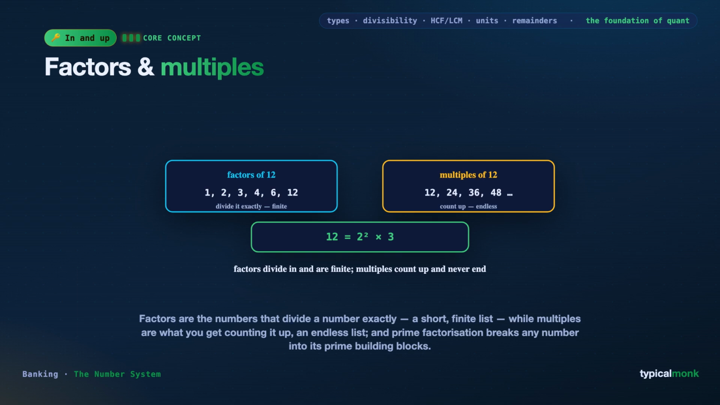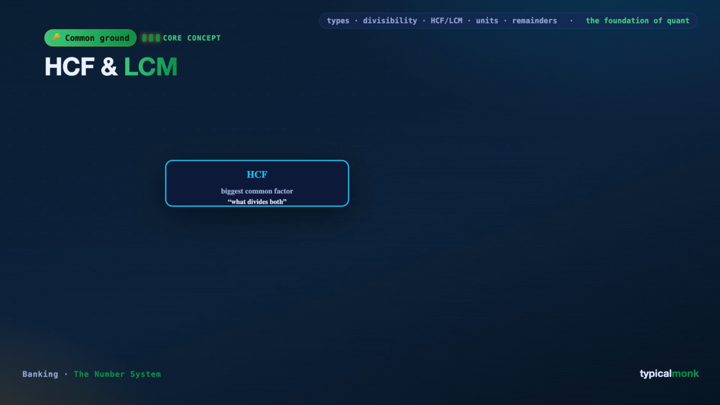So the takeaway: factors are the numbers that divide a number exactly, a short finite list found by going inward, while multiples are what you get counting the number up, an endless list going outward. They are opposites you must not confuse. And prime factorization, breaking a number into its prime building blocks, is the master skill from which factors, HCF, and LCM all follow. Building directly on factors and multiples come two ideas the exam loves, especially in word problems,